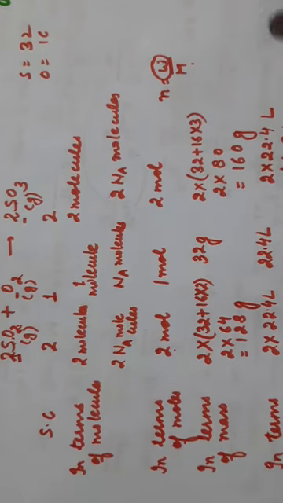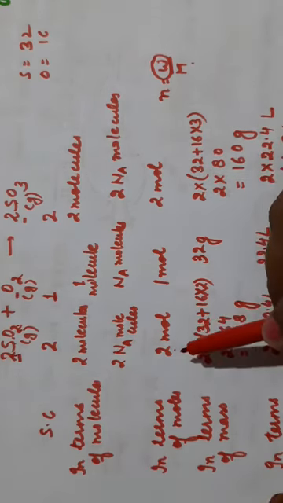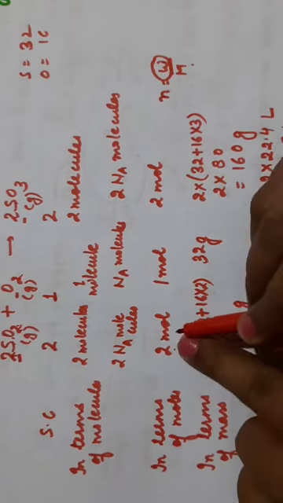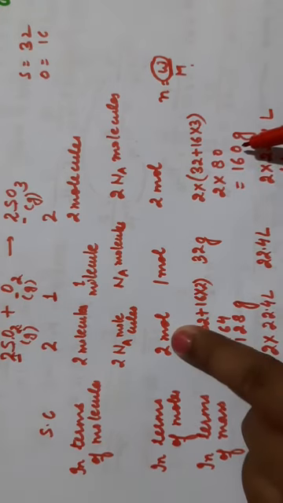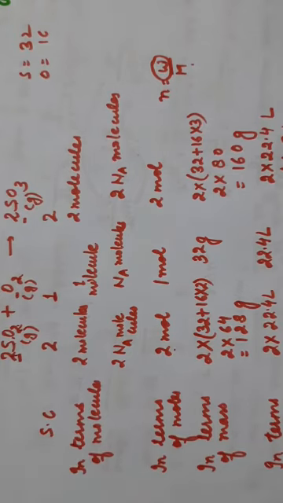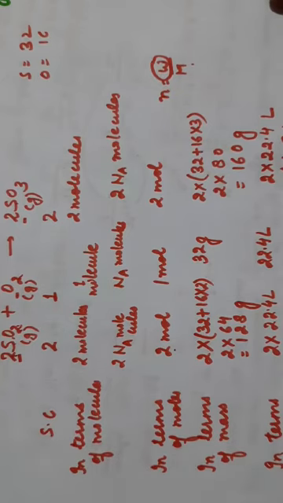So these are the different relations, and we have to use these relations to solve the questions based on stoichiometry. Suppose I give you an example. Suppose you are asked how many moles of SO2 will be required to prepare 80 gram of SO3. So 2 mole of SO2 is required to prepare 160 gram. So to prepare 80 gram, how many moles will be required? 1 mole. So you have to use these different relations to solve the questions based on stoichiometry. I hope this is clear. So we will go to the next topic. We will solve the questions based on this.